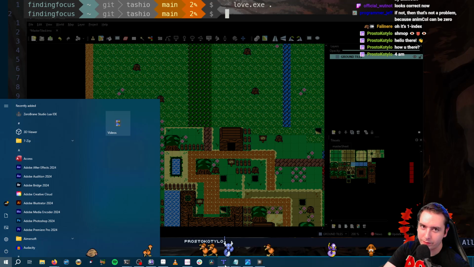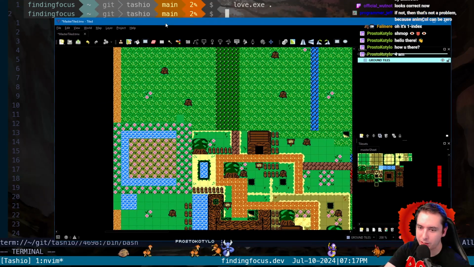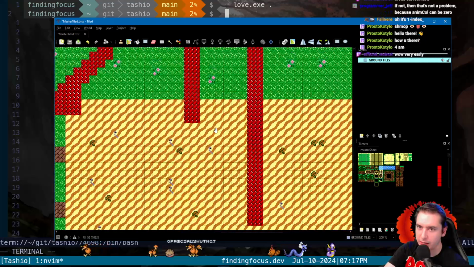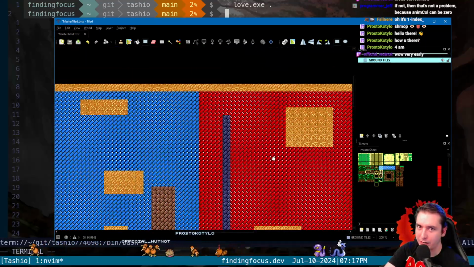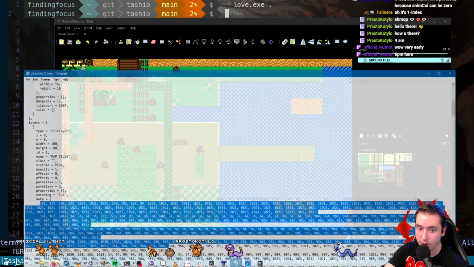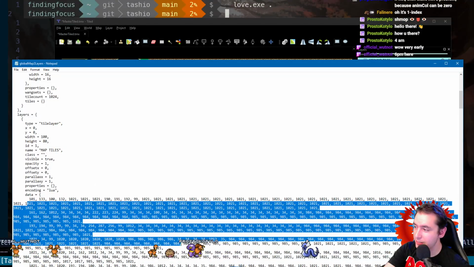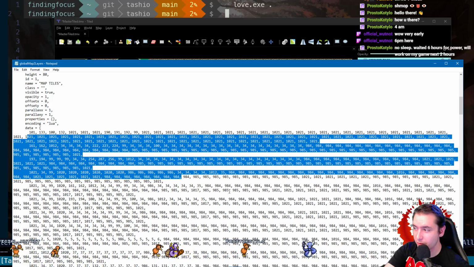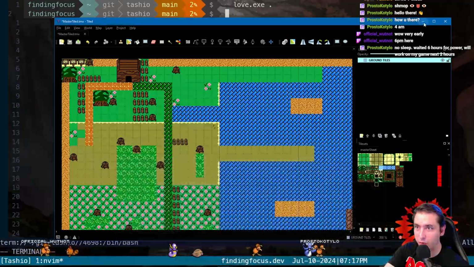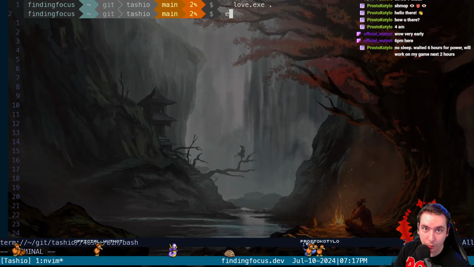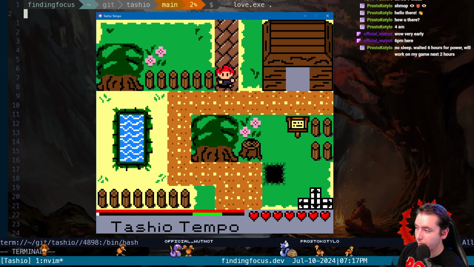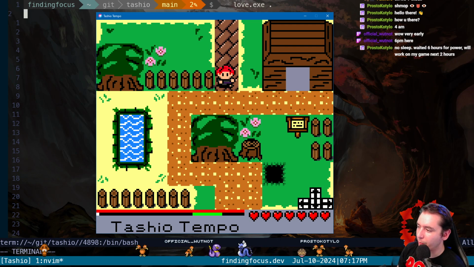We now have this Tiled application where we're able to draw our sprites, and then we import them. This will export a .lua, which gives us a table of all the tile IDs, and then we cycle through and put them into our game. So now we have much faster iteration for doing some